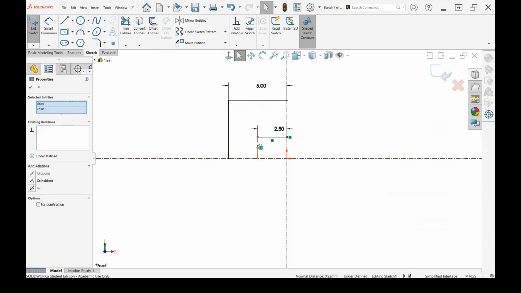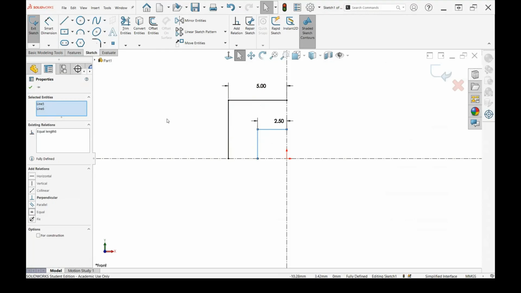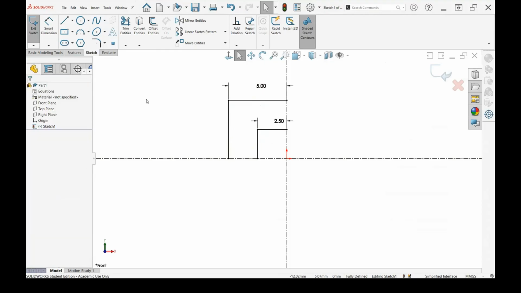Oops. And you can see on the left here, I accidentally selected point 12. So I have line 5, line 6, and then point 12. And we're going to delete that point. We're going to say, okay, these two are now equal. Say okay. So now we have 1/4 of a square.